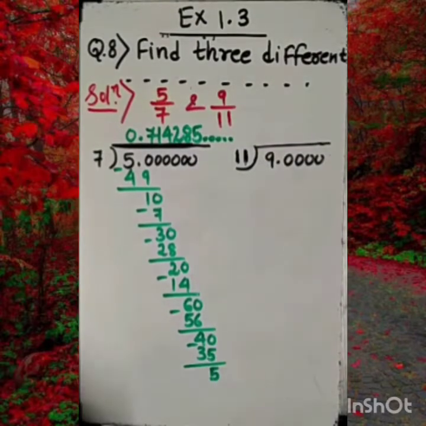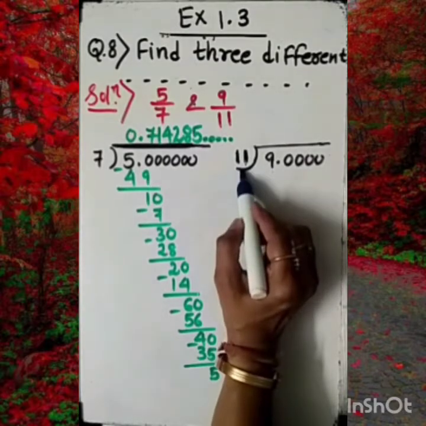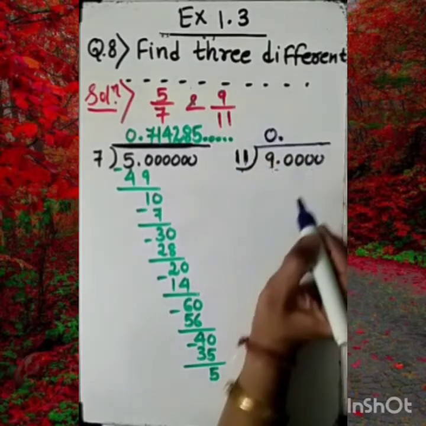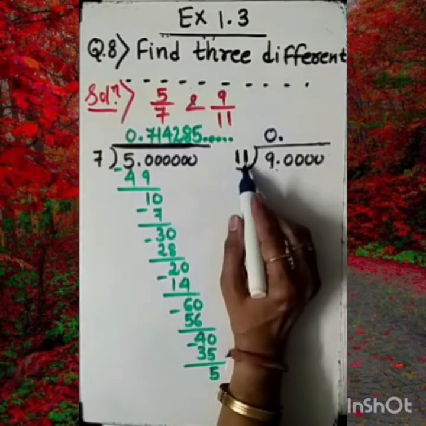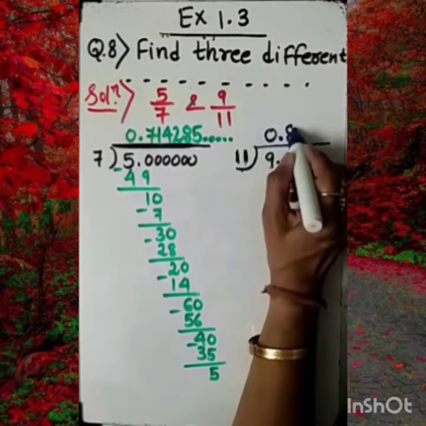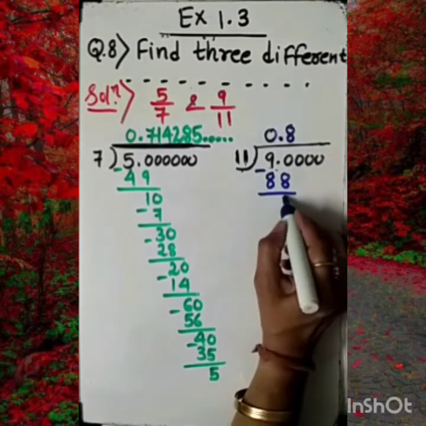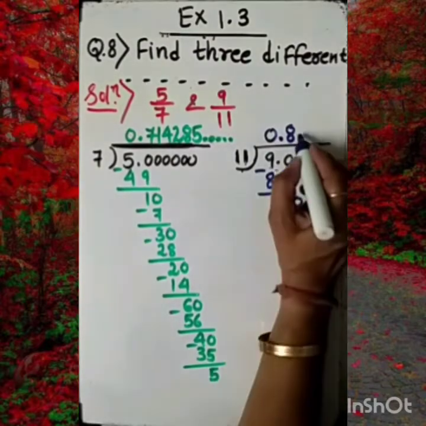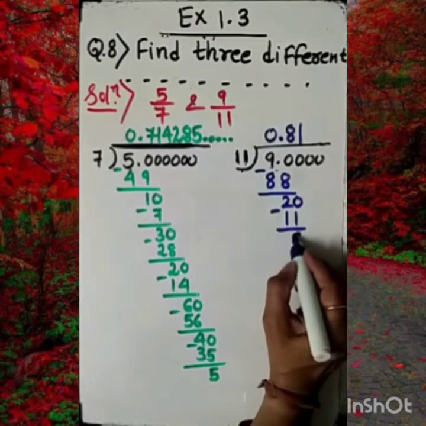The same thing we are going to apply now for the second number, dividing 9 by 11. We know 9 is not possible to divide by 11, so let's write 0 and consider two digits. So here it is 90. We need to go with 11 eights are 88. 90 minus 88 is 2. Let me bring one more 0, 20. 11 ones are 11. 20 minus 11 will get 9.